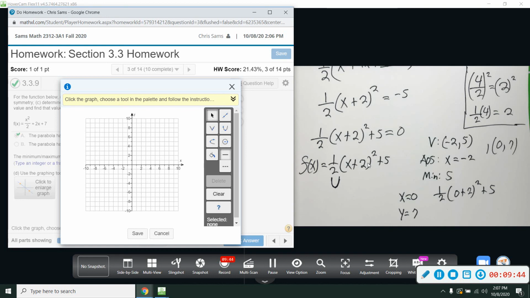Half of 4 is 2. I think that should be good. Let me look at this again. Oh, I went -2 and I went -5. That's my problem. I should be at -2, +5. Okay. I just put the point in the wrong spot. -2, +5. That's what we